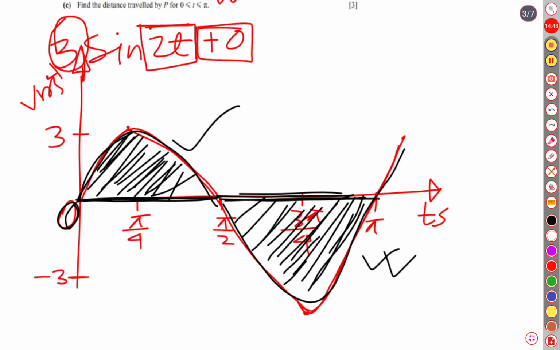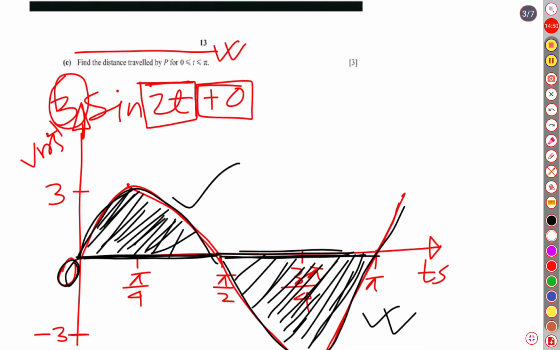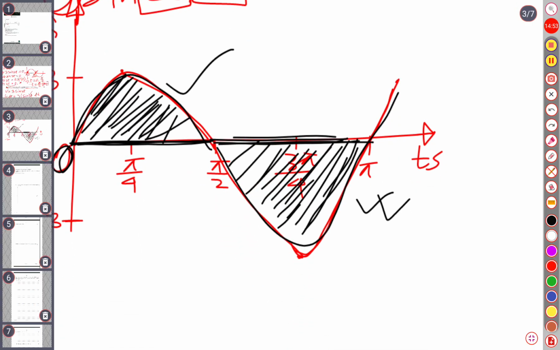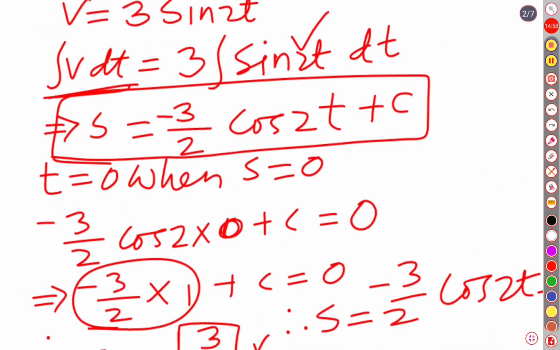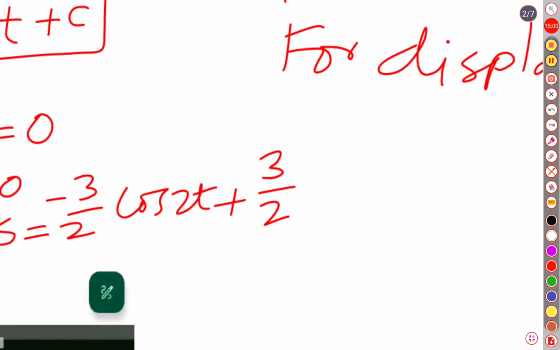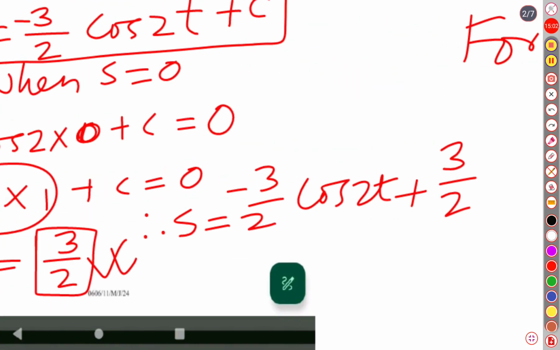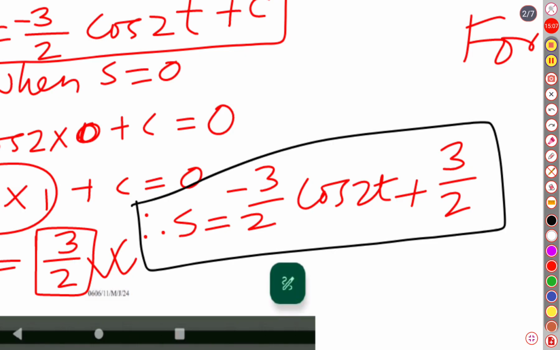We have already integrated. Let's go back to our integrated expression. It belongs to the previous page. Here we have integrated that. Our expression was this one: S is equal to the displacement, S is equal to negative 3 over 2 cos 2t plus 3 over 2. So it is the already integrated result, that means the traveled distance. What we will do is use the limit. So let's write